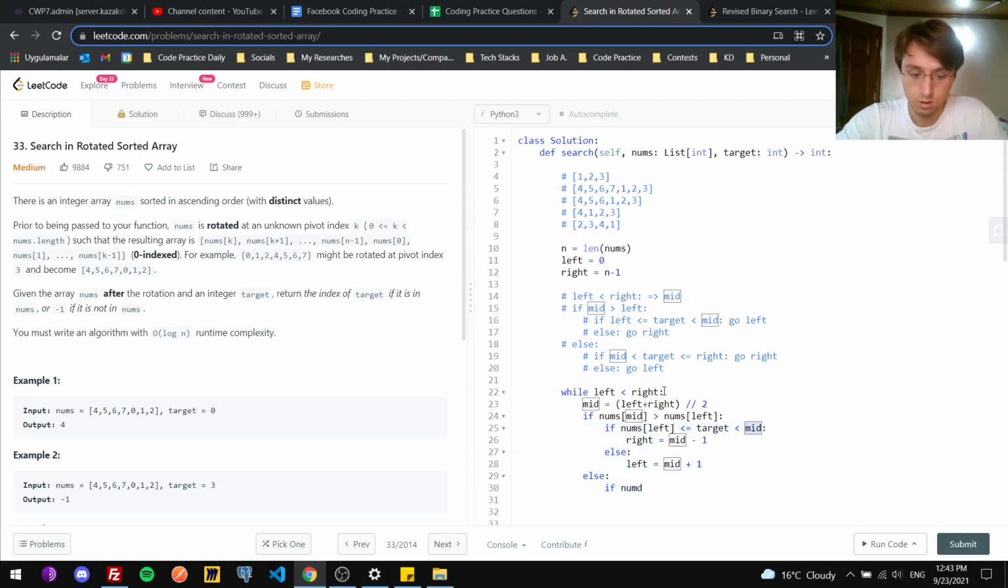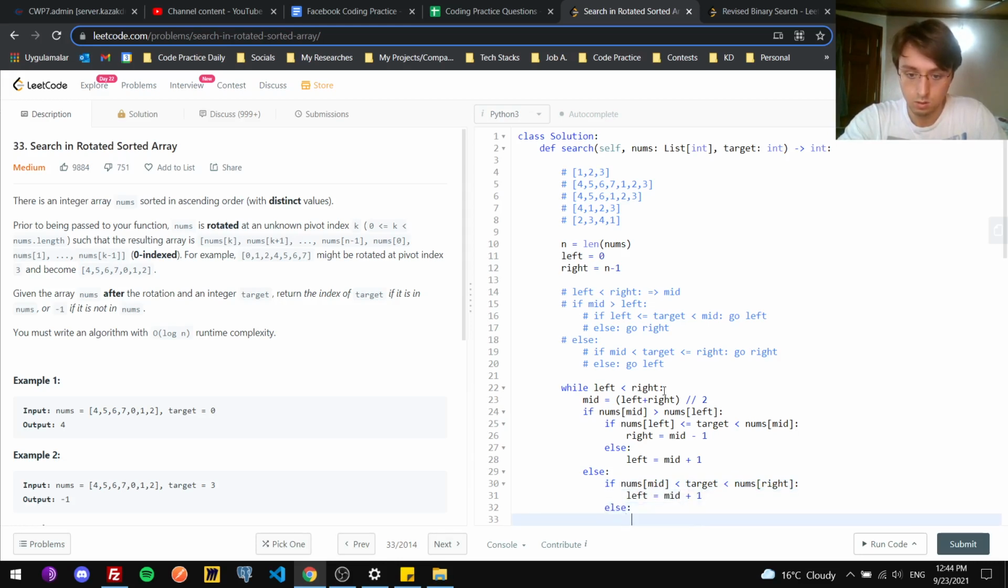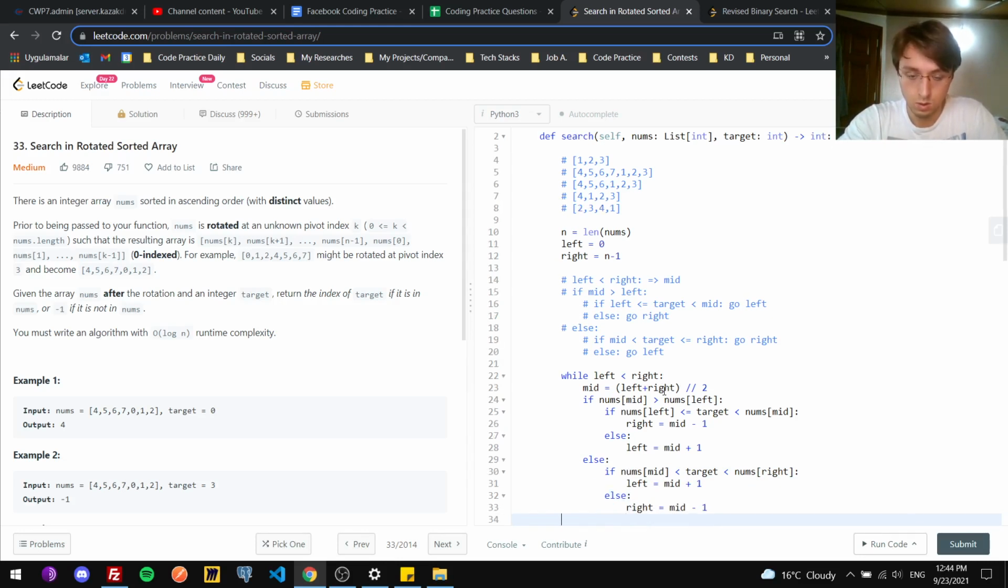I made a mistake here. Nums mid and nums mid is more than target. Then I go nums right, and here I go right, which means that left is equal to mid plus 1, and else I'll go right mid minus 1, and at the end